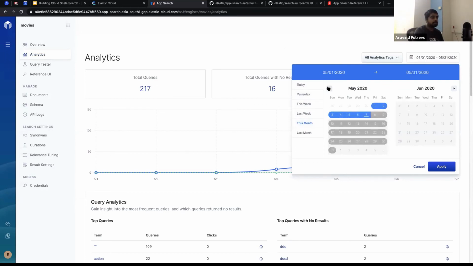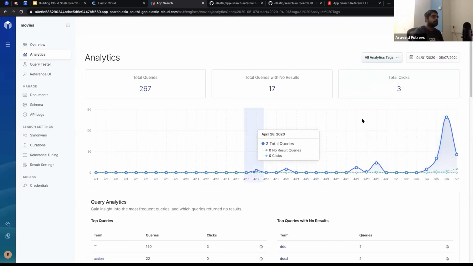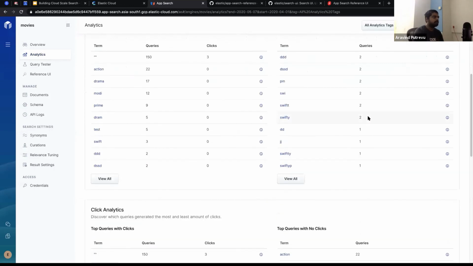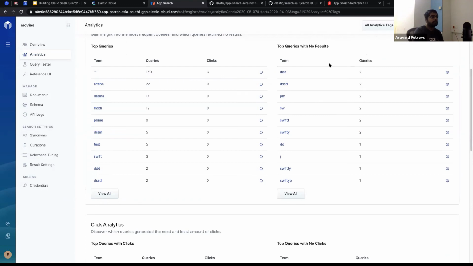Say I have chosen a specific time period, and I could see what sort of searches I have made, and then the top queries, how many times I have searched nothing, how many times I have searched something, and how many queries don't have any results.